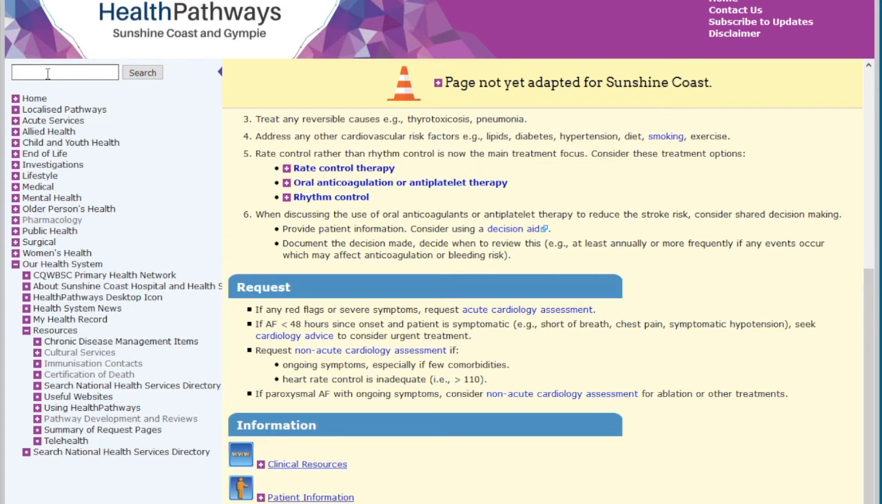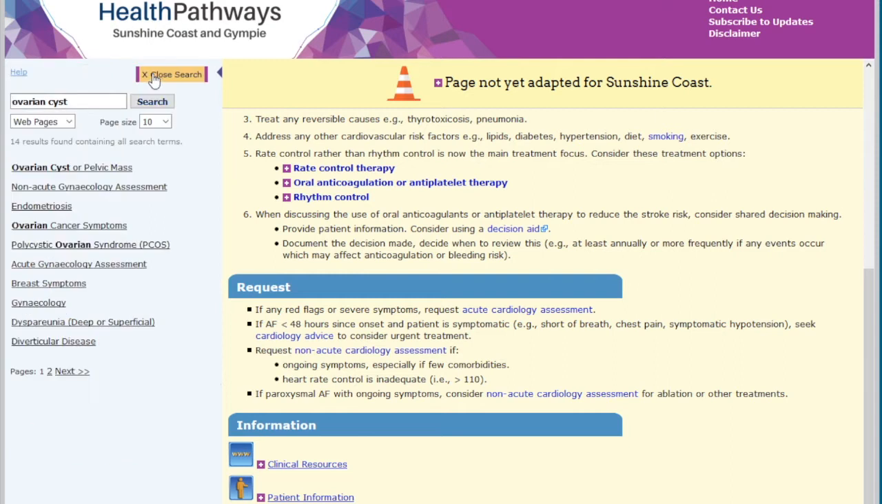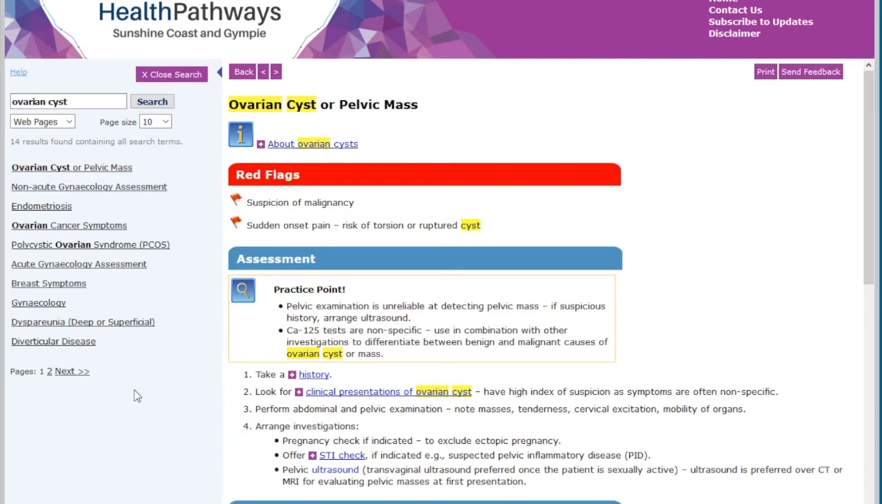Let's say you are with a patient who has presented with an ovarian cyst. You think they may need investigation and may even need to see a gynecologist. You search for ovarian cyst and click on the link to the relevant pathway. Each pathway generally follows the same format,